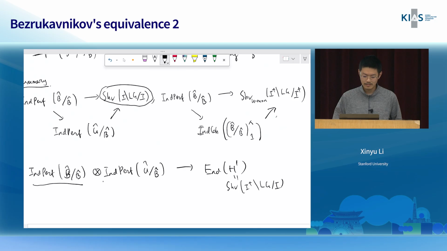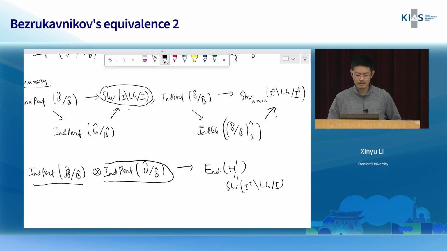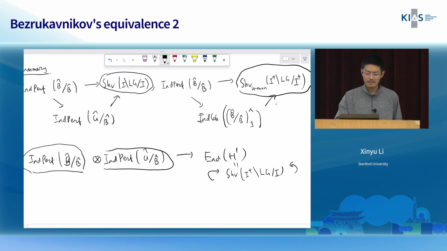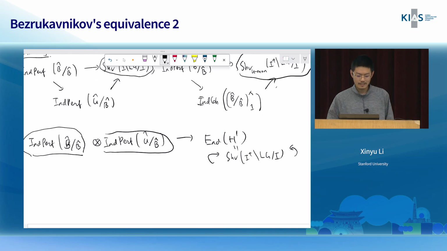Okay, so the second factor maps to the unipotent equivariant version of the Hecke stack, and it acts by right convolution on this category. And the left factor maps to the monodromic affine Hecke category, which acts on this category H prime by left convolution. Furthermore, we know that these central sheaves are central, which in this context means that it actually factors through this